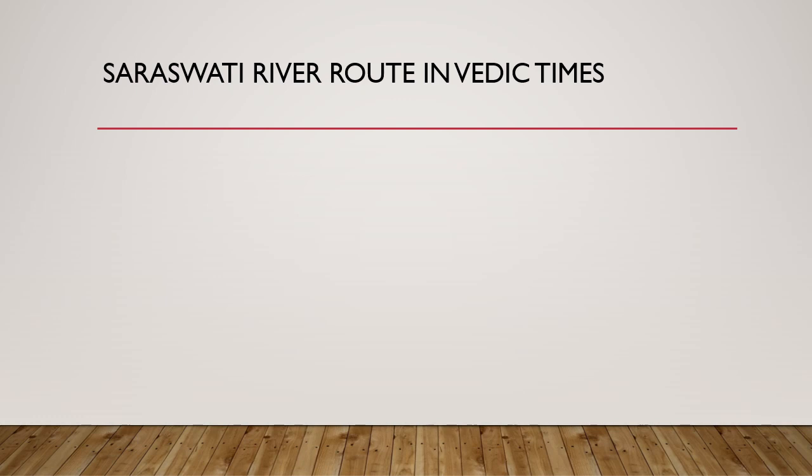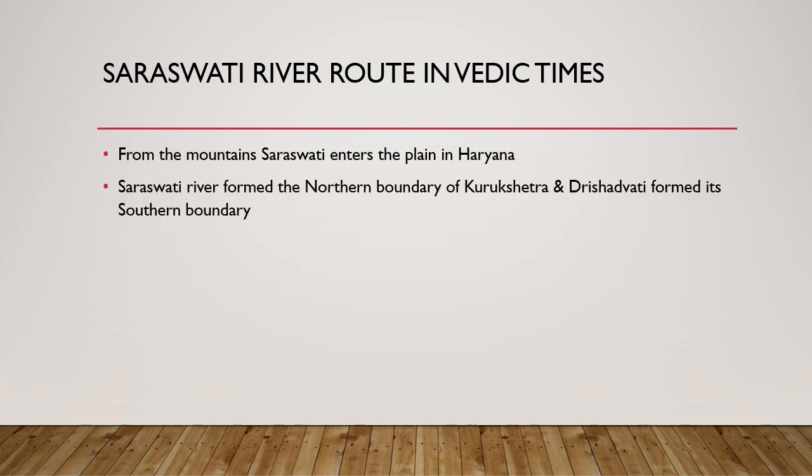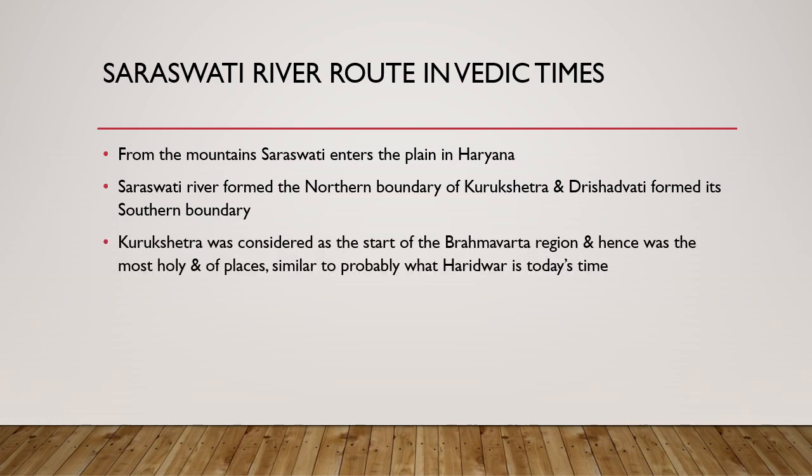Now, Saraswati river route in the Vedic times. From the mountains of Himalayas of Swargrohini, Saraswati river enters the plains of India in the modern day state of Haryana. Saraswati river formed the northern boundary of Kurukshetra, and Drishadvati formed the southern boundary of Kurukshetra. This made Kurukshetra